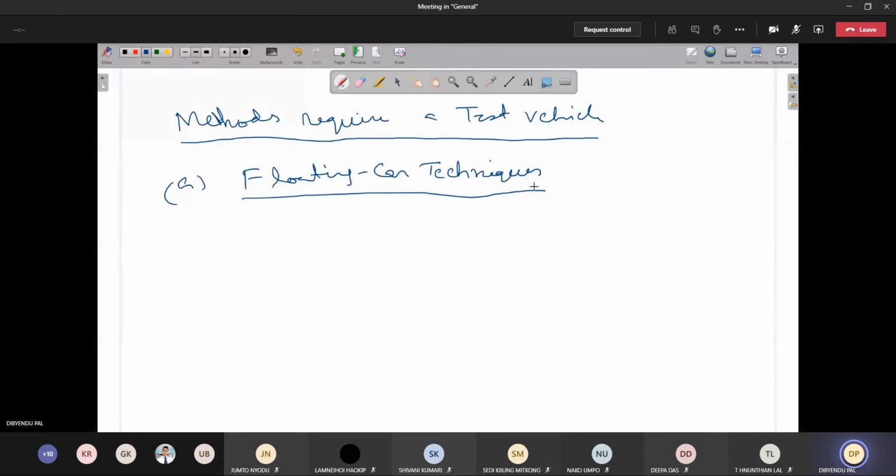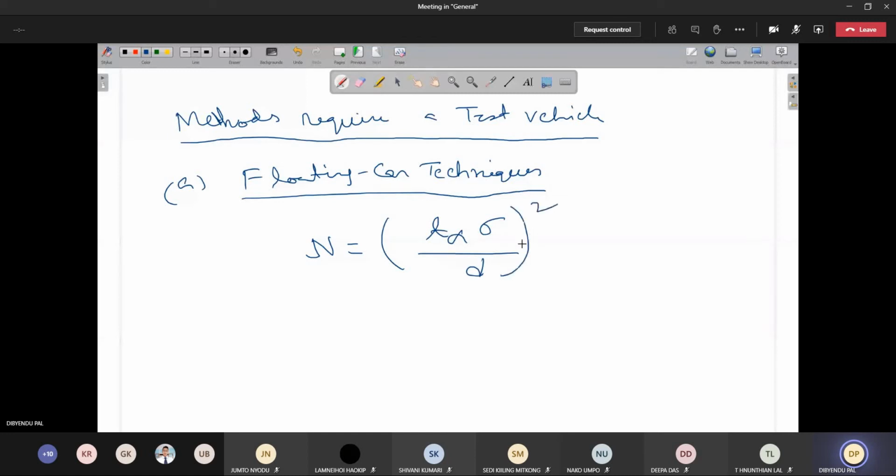Now we cannot just randomly decide how many tests are to be carried out. For that, one equation, similar to the earlier one, is used to calculate the number of samples to be collected at a particular location. I have given you one equation; a similar equation can be used here to find out how many test samples you require for the floating car technique. It is given like this: number of test samples n = (T alpha sigma / d) whole squared.